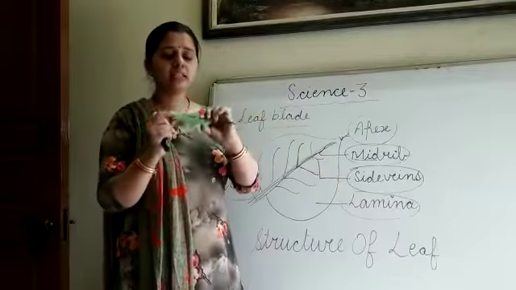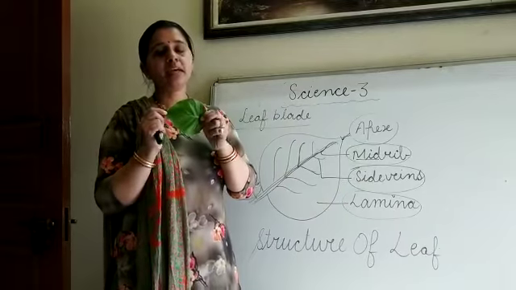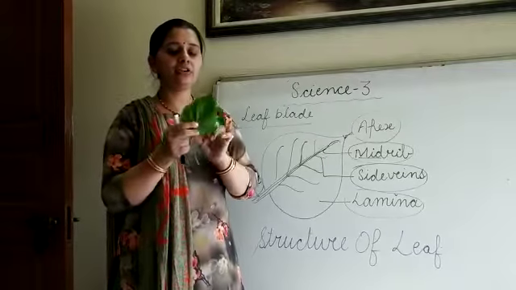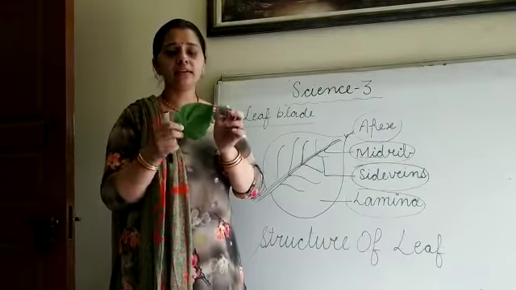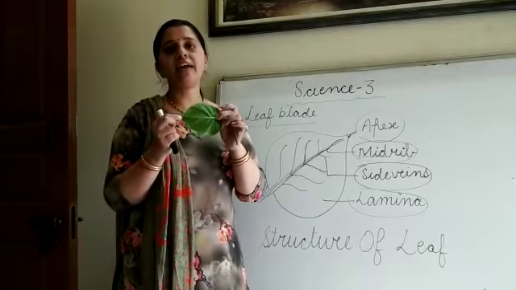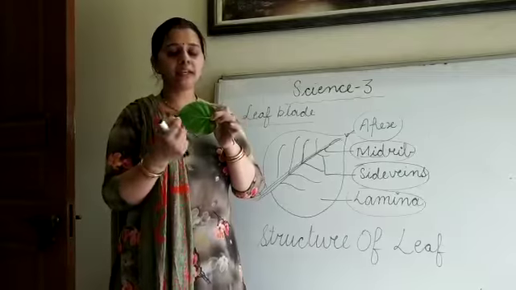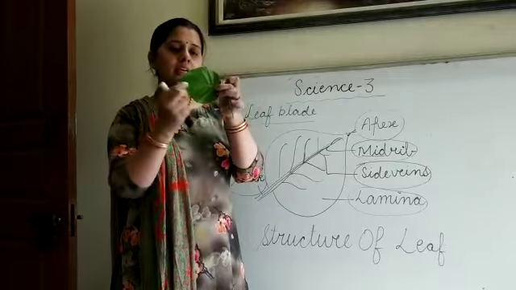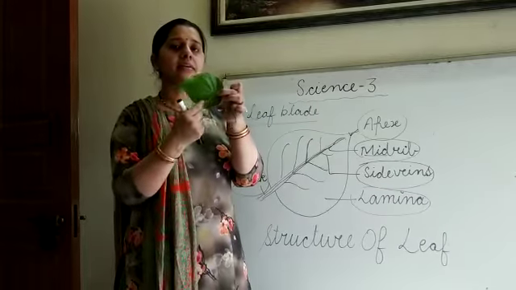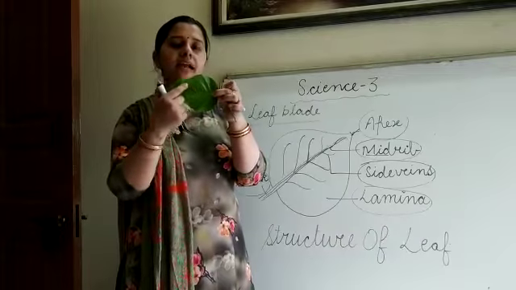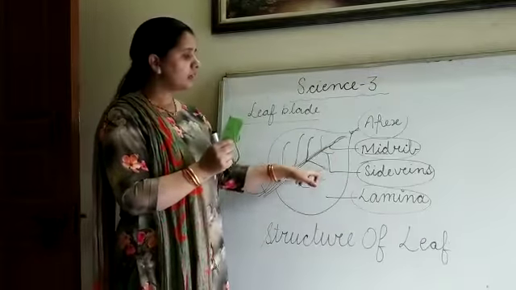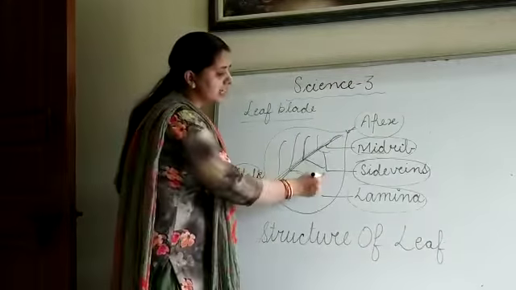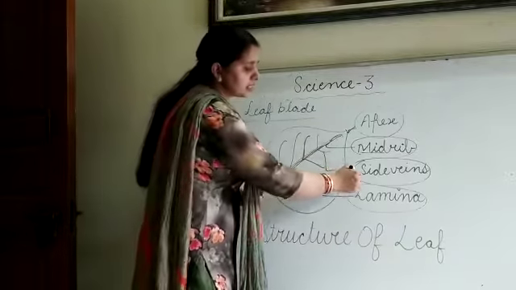So here this is the back side of the leaf, and here you can see every vein clearly. So I have shown you the back side of the leaf, not the front side. Why? Because on the back side the veins are very much clear, and stomata are also present on the back side of the leaf. So they are side veins. The midrib is in between the leaf, and the midrib has side veins. So these are side veins.